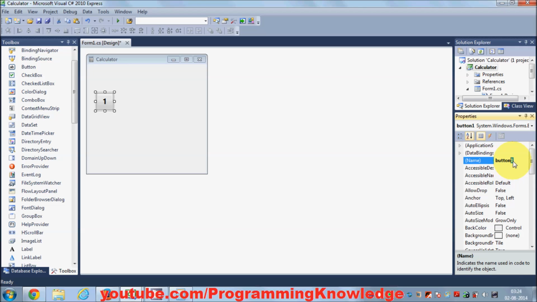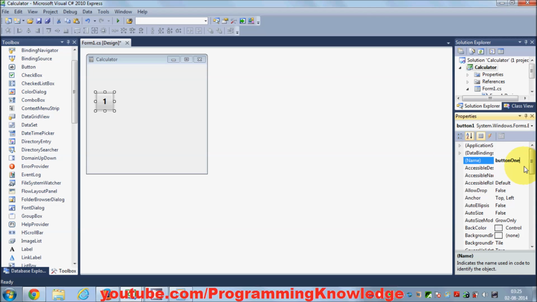Because I have a time constraint, I'm not changing them, but please change these button names according to logical names. For example, for this